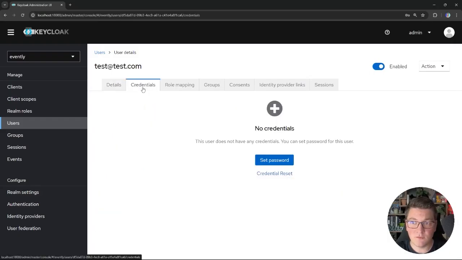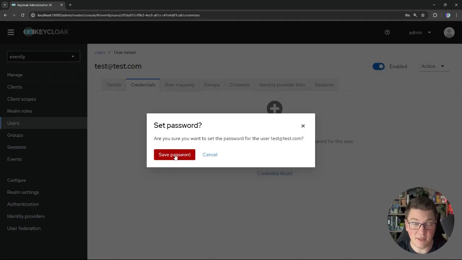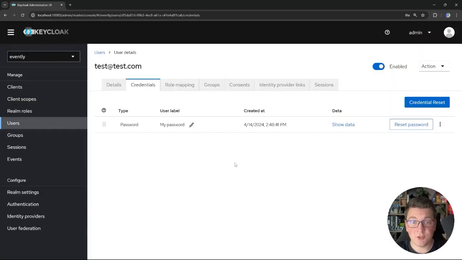I'm also going to give this user some temporary credentials. So I will navigate to the credentials tab, click set password, and I'm going to assign a simple password of 1, 2, 3. And let's uncheck that this is a temporary password so that we don't have to update it after the first login. I'm going to click save and then confirm that I want to save this password,